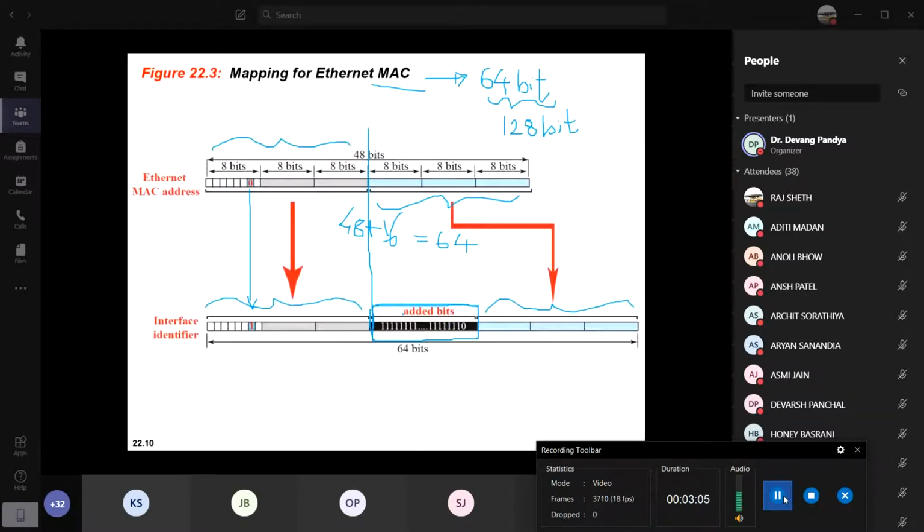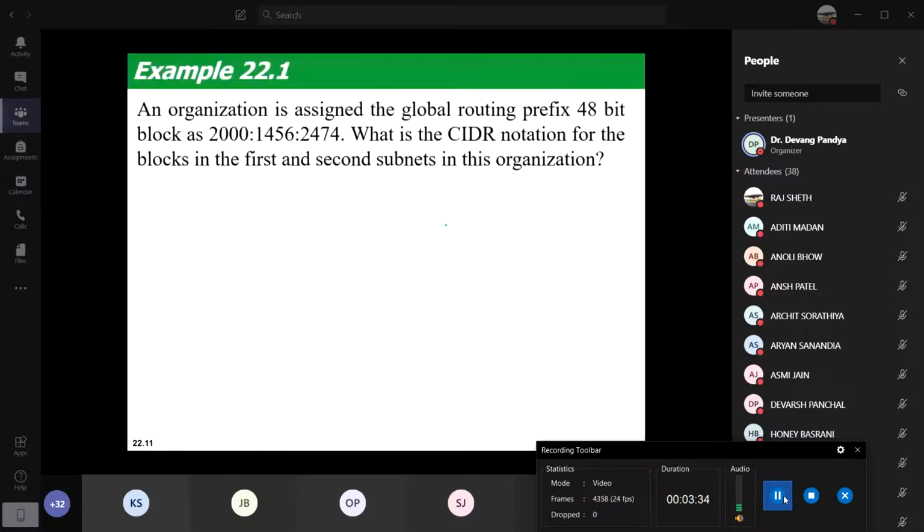You sandwich, that means you are just putting it in between. That is nothing but your hex pattern FF and then FE. Okay, so that is what we are supposed to do. So let's move with an example. It would be very clear.